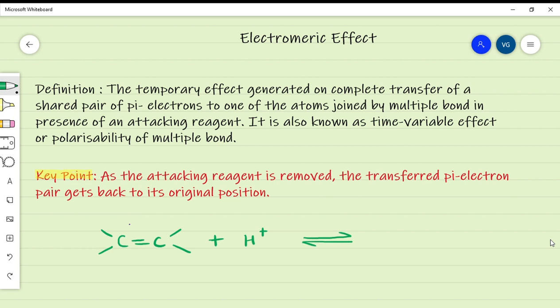Products are like this. One of the carbon acquires positive charge and the other carbon acquires negative charge. Here in this case we can also write like this. Here the first carbon can also have negative charge or the next carbon can have positive charge. So both situations are actually the same,